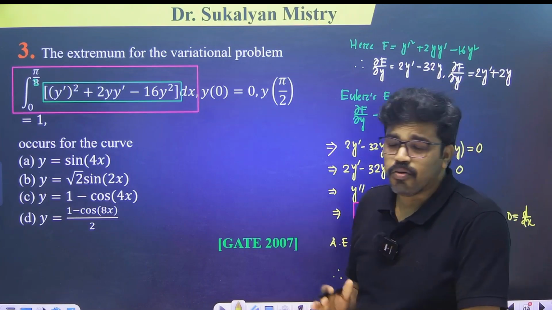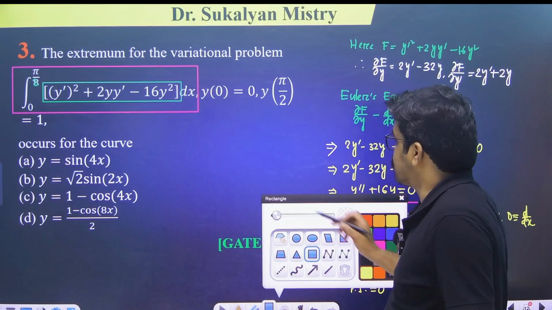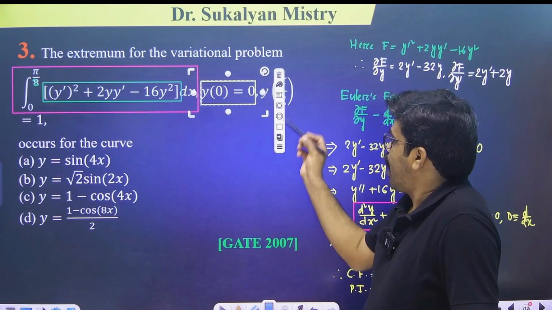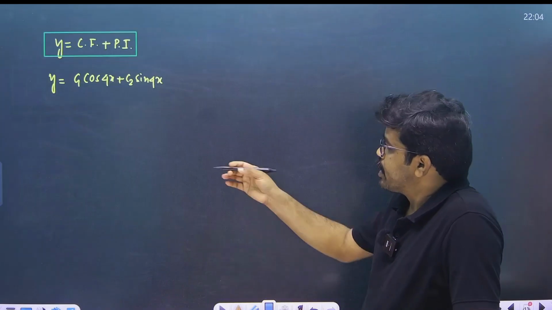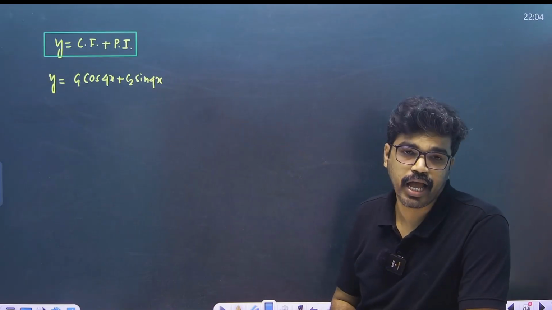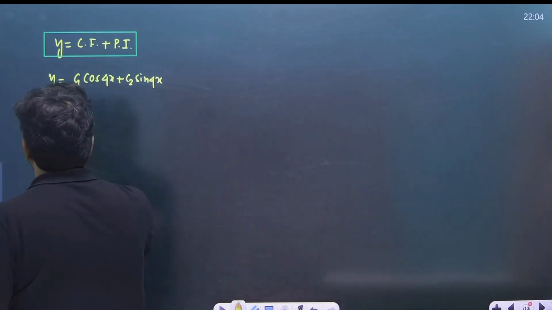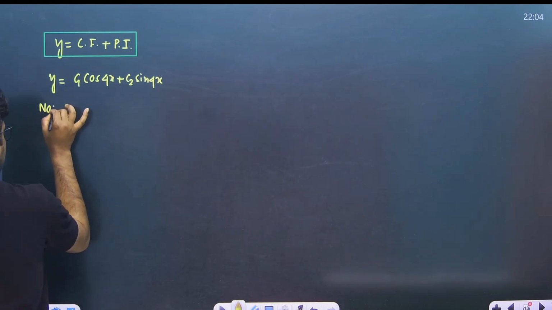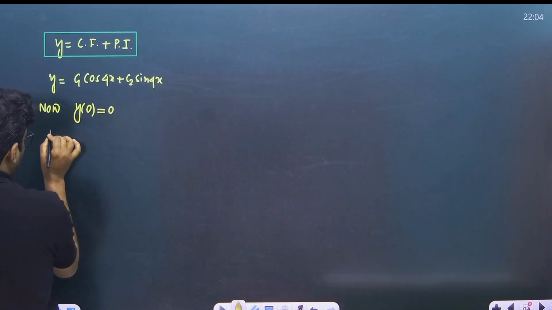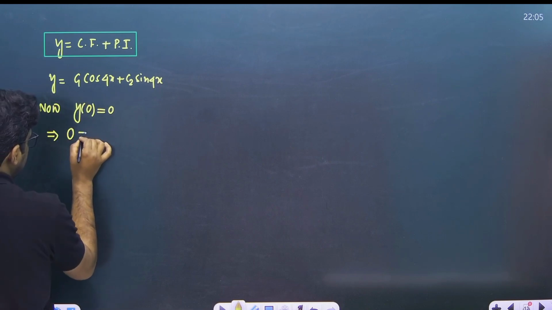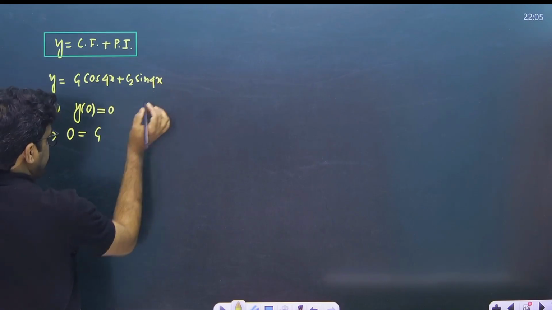Okay, now what are the boundary conditions? Just see, here it is given that y(0) is equal to 0, right, and y(π/2) is equal to 1. From these two conditions, we have to find the values of C1 and C2. So the first condition is that y(0) is equal to 0. That means when x is equal to 0, y is 0. So C1 cos 0, cos 0 is 1, C2 sin 0,